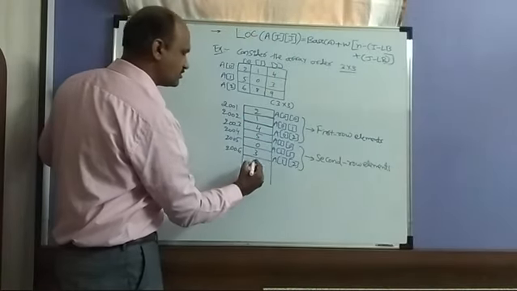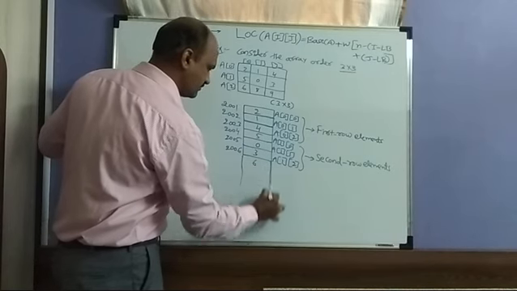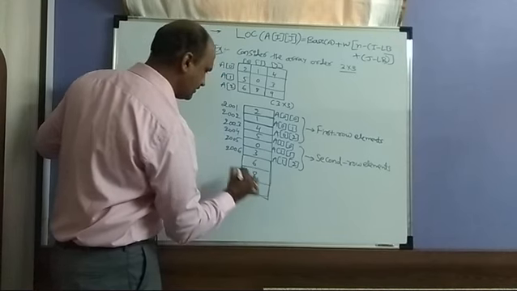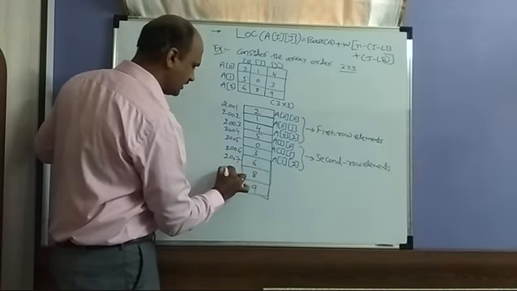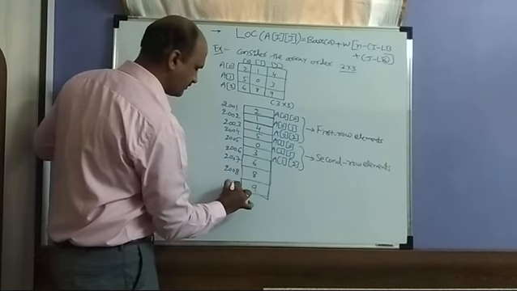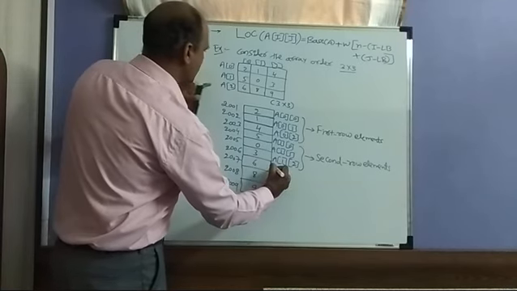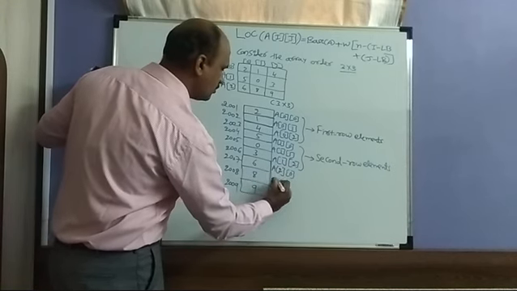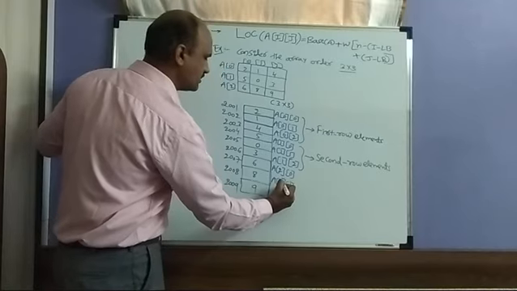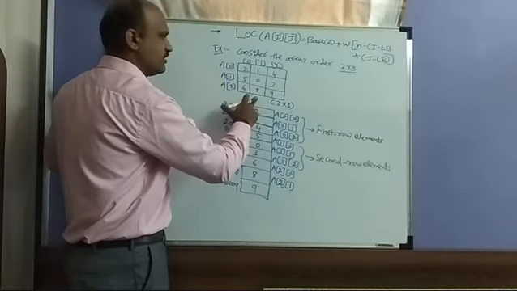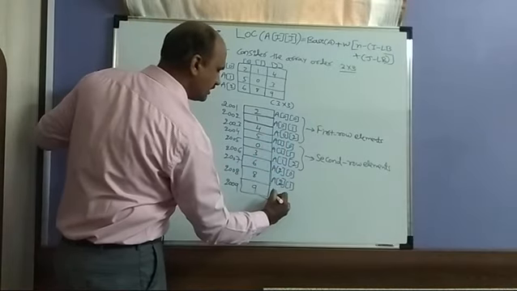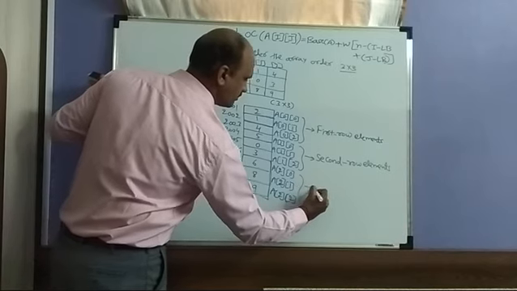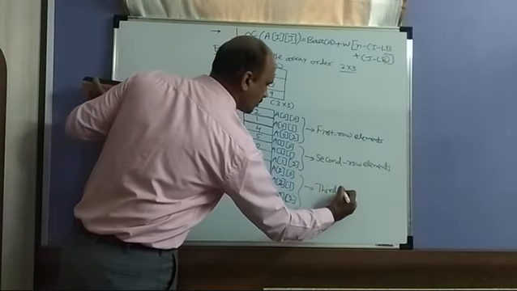Then you will go for the last one, that is 6, 8 and 9. That is, you are having the memory addresses. Then it will store as locations, that is A of 2, 0, A of 2, 1, the element present is 8, then A of 2, 2. These are the third row elements.